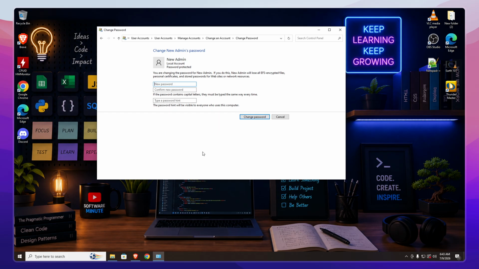In the fields provided, enter your desired new password in the first box. Then type it again in the confirmation box to make sure it matches. Take your time to create a strong password that combines letters, numbers, and symbols for better security. Once you've entered and confirmed your new password, click on the Change Password button at the bottom to apply the